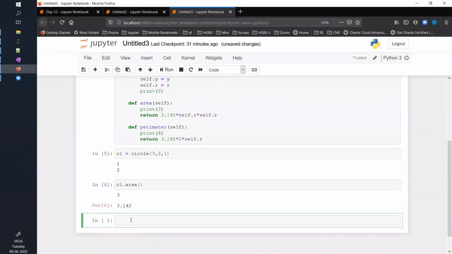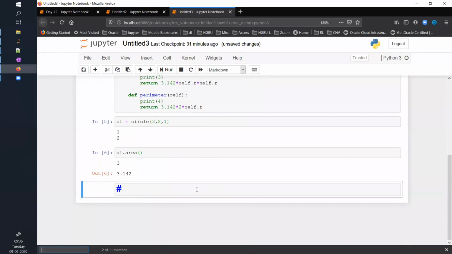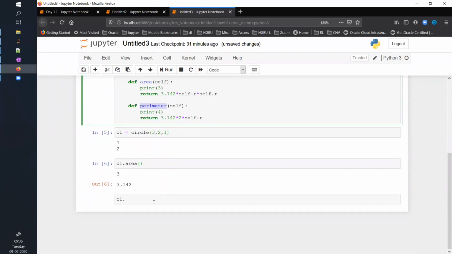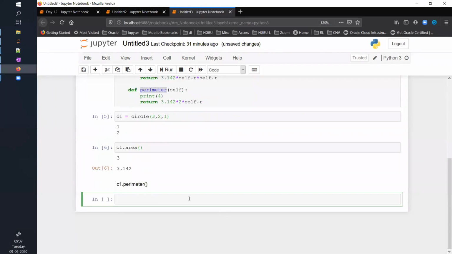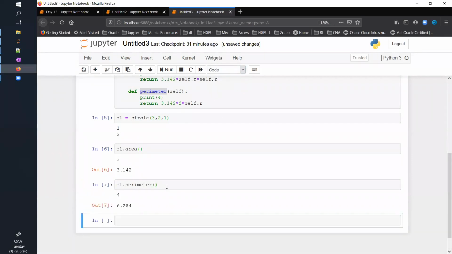If I run this, I will get 3.142. And similarly, if I say C1 dot perimeter, it will give me the perimeter.